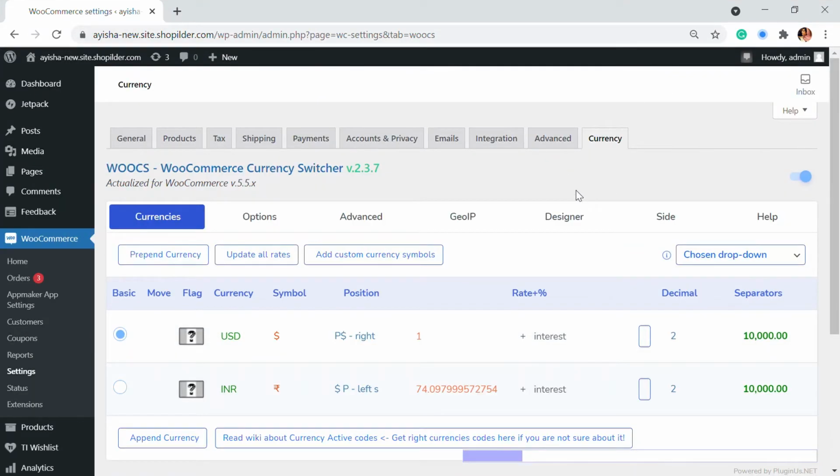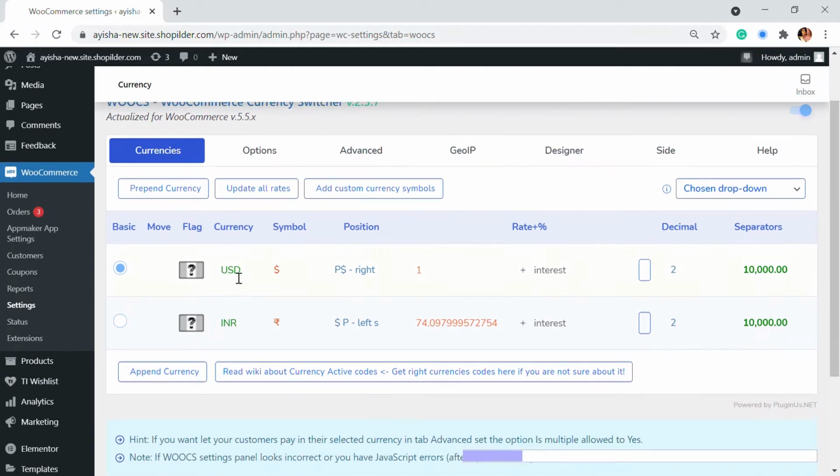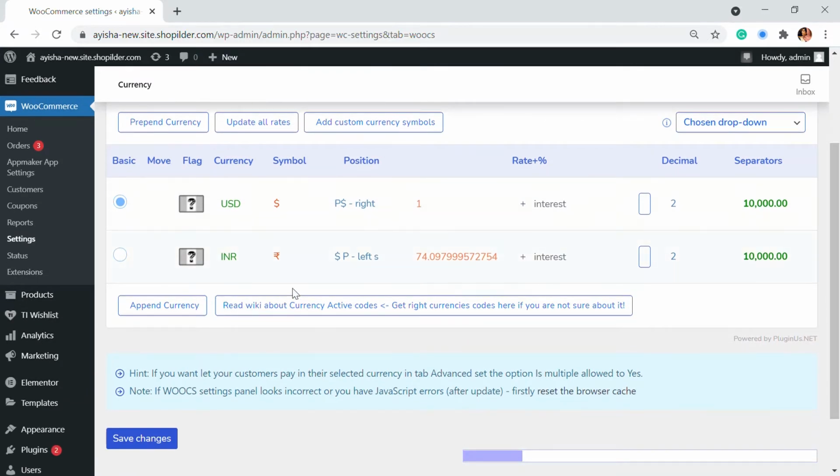So when you're in the currency dashboard, you will be able to see the activate option. So this is the option where you activate the plugin. So if you have just activated this plugin, you can see this in your website. So here there will be default currencies that you already have in your website, and another currency that you want to add, or that will be initialized by them. So you can just edit it or add it or anything. So it's just simple as that.